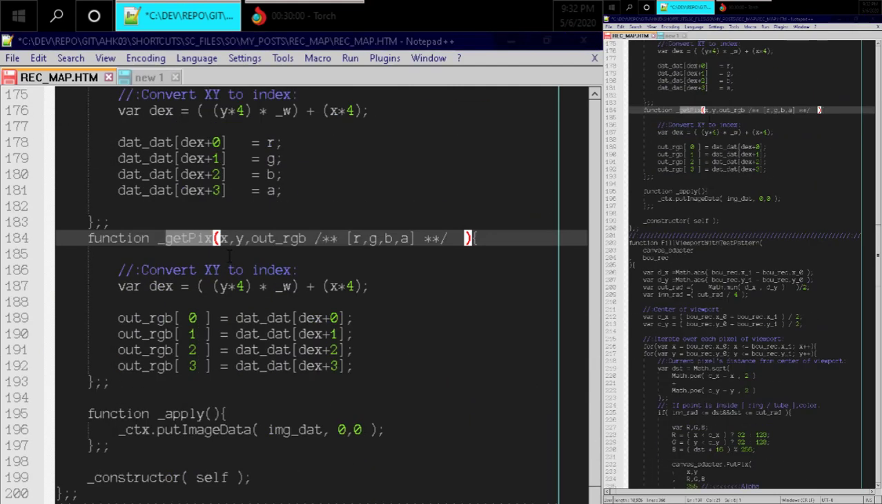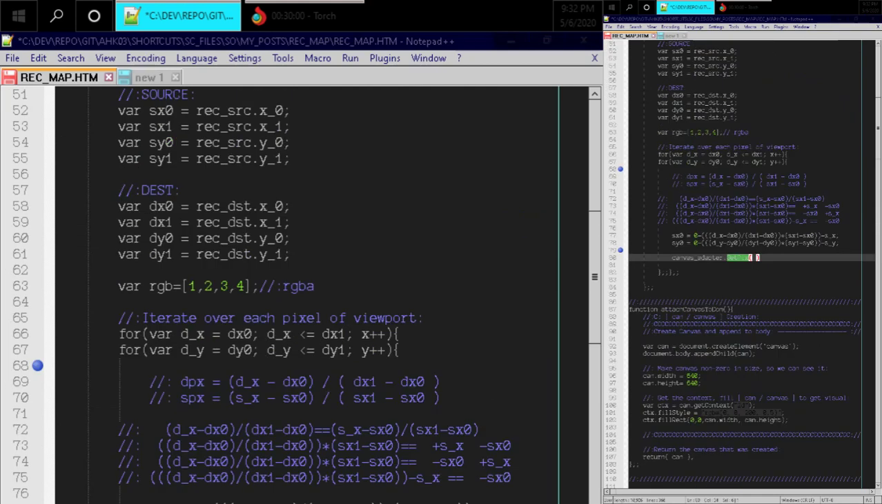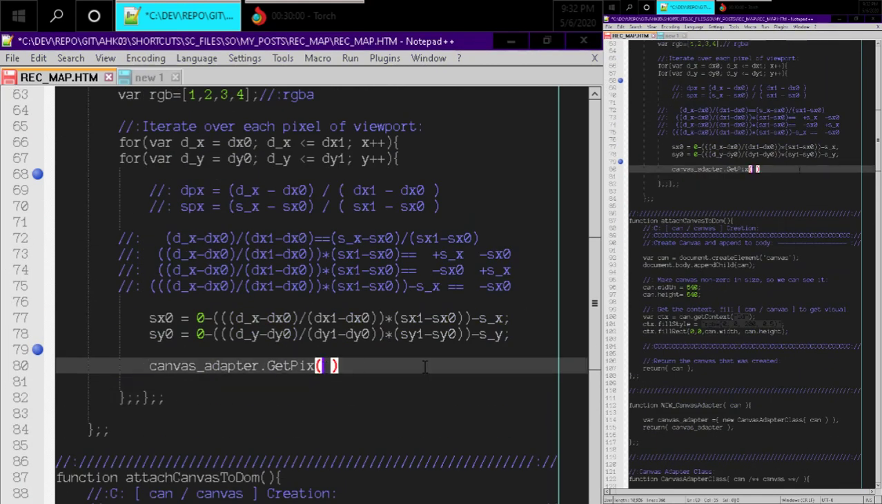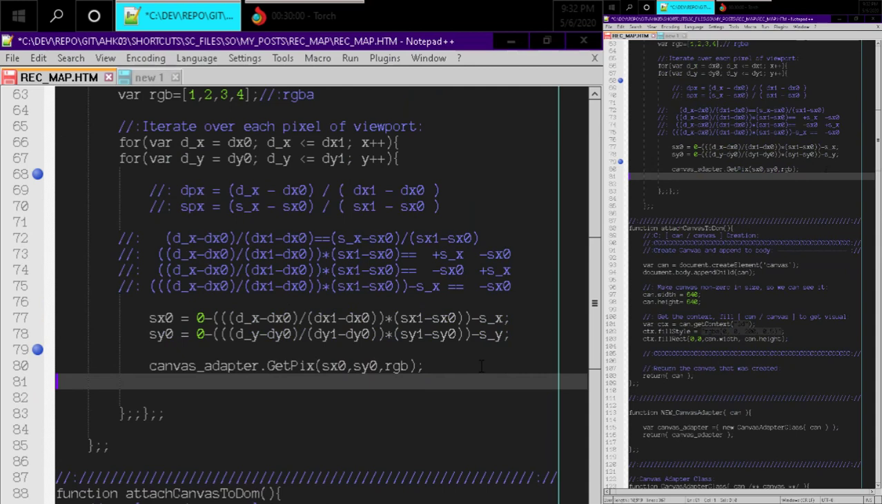Okay, so back to here. We're going to use SX0, SY0, and then the RGB, which is the output parameter. And then we're going to do the same thing, canvas adapter dot put pics, and then dx0, dy0, and then